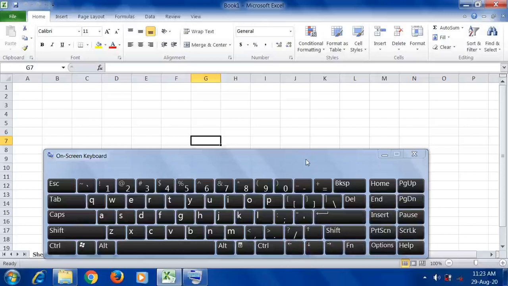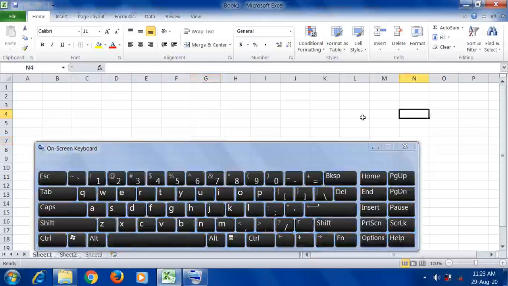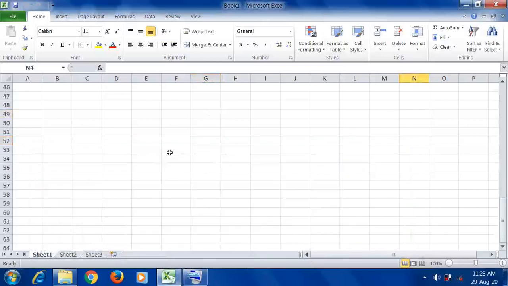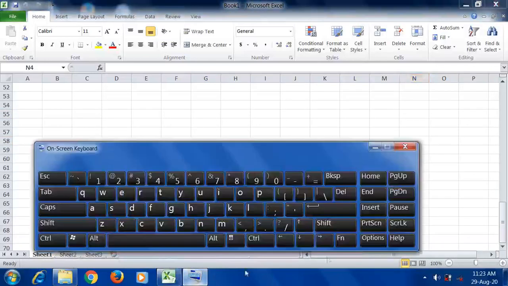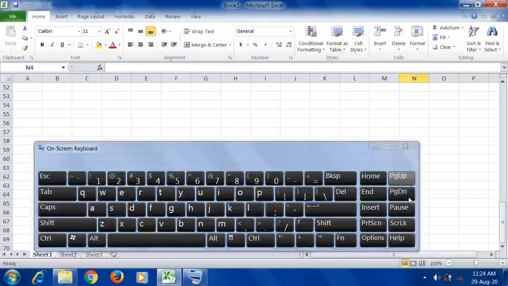If you want to move from one page to another page in an Excel sheet, here you will not come to know where your page is ending. So in that case, you can use this page up and page down button. When you press page up, it moves the active cell highlight to the first row of the spreadsheet, and can also be used as an alternative to scroll up the worksheet. You can use this. See, now it is moving page up. Now when you press page down, it goes to the next page in that sheet.